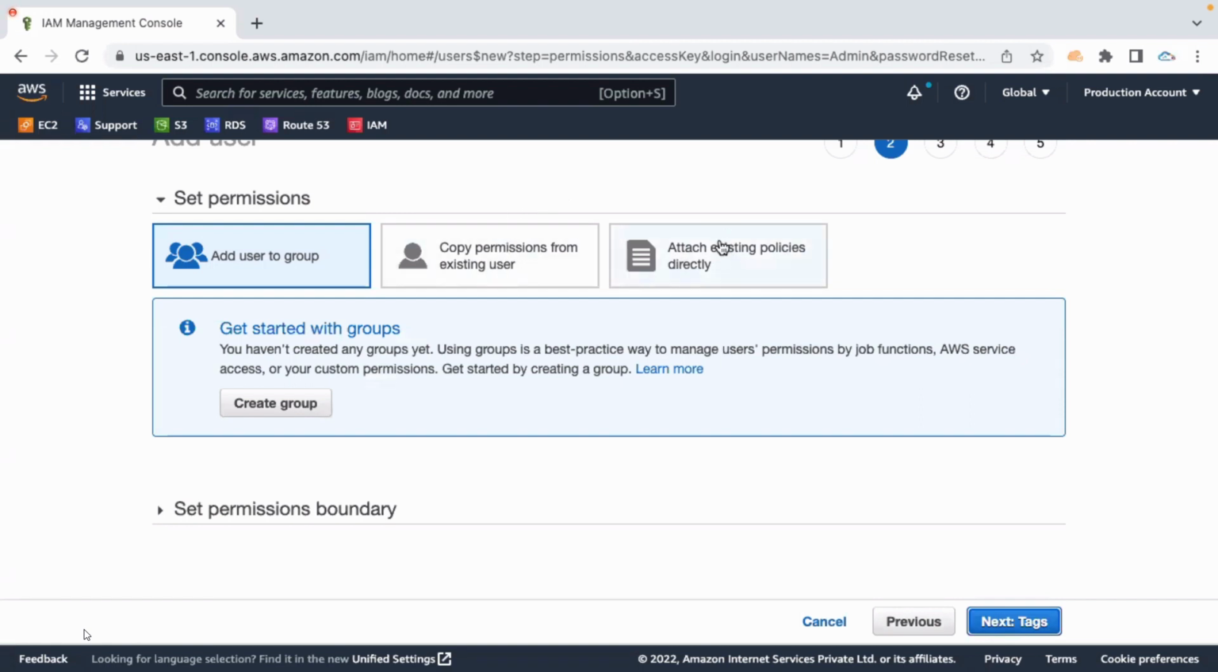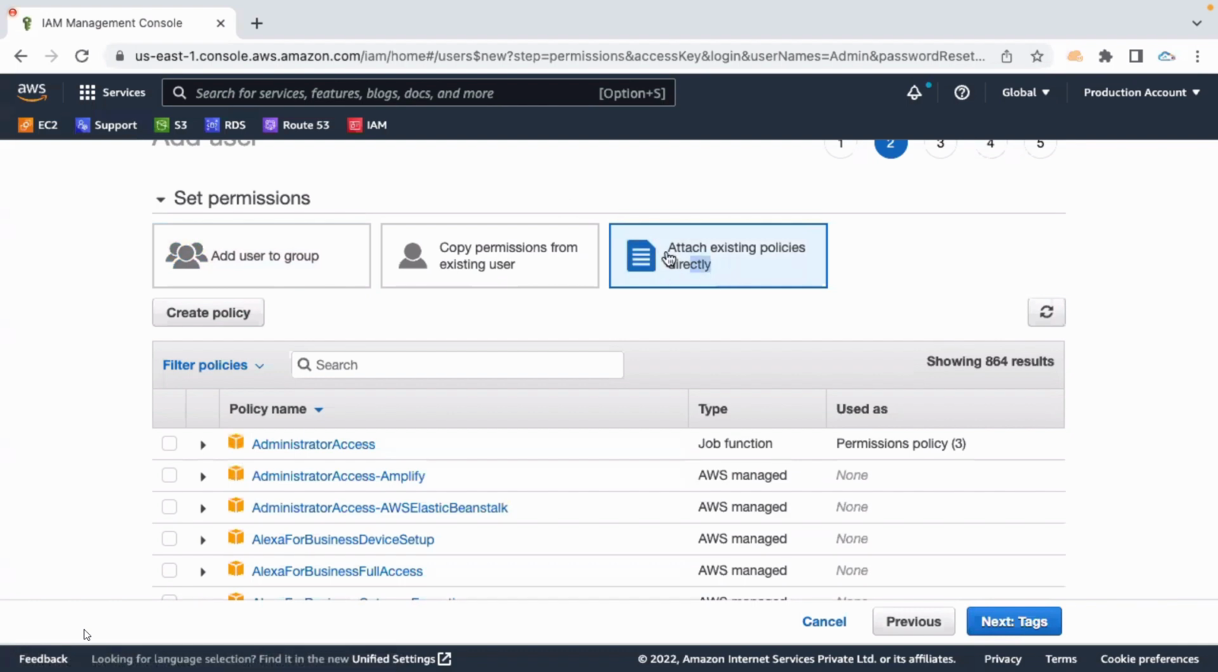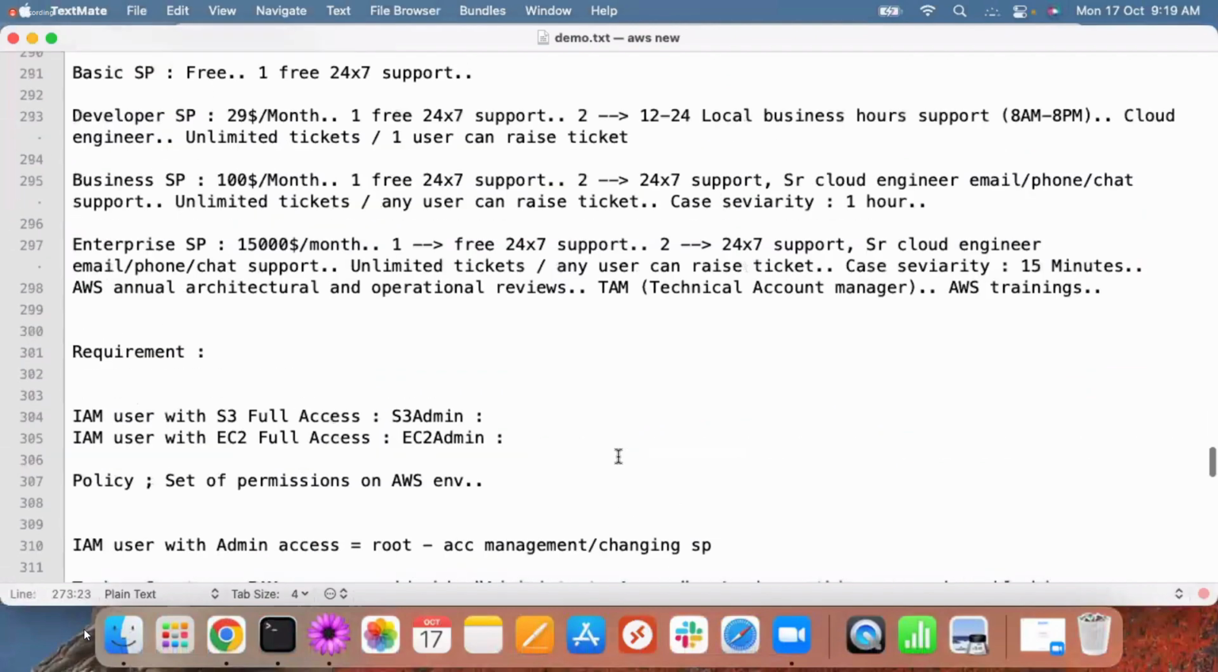So if you observe this third option, attach existing policies directly, we have 864 policies here. In your case, it's going to be a bit less. I created some custom policies. Again, we have three types of policies. One is AWS managed job function. Second one is AWS managed. Third one is customer managed. Okay. For example,